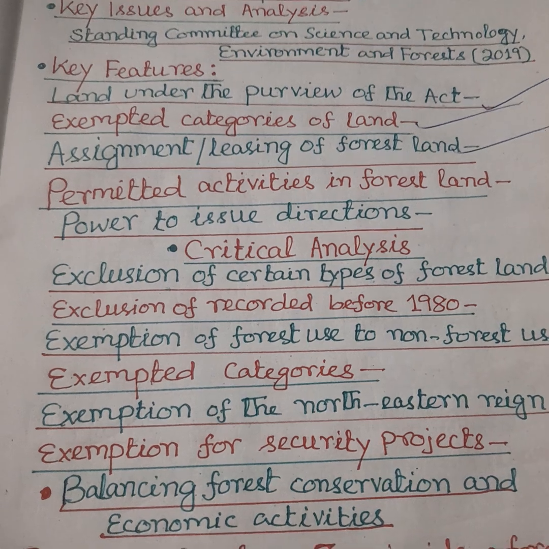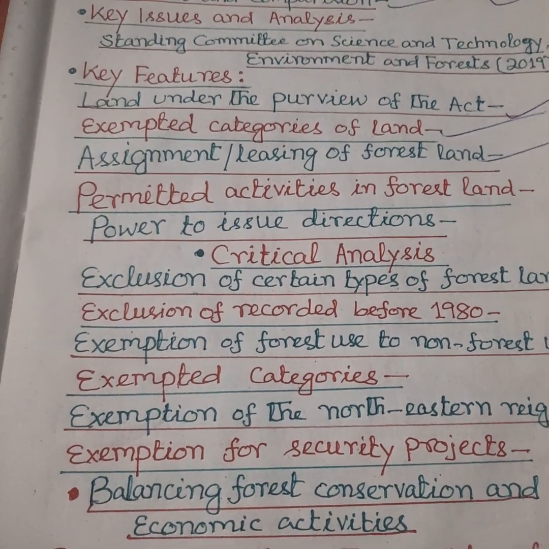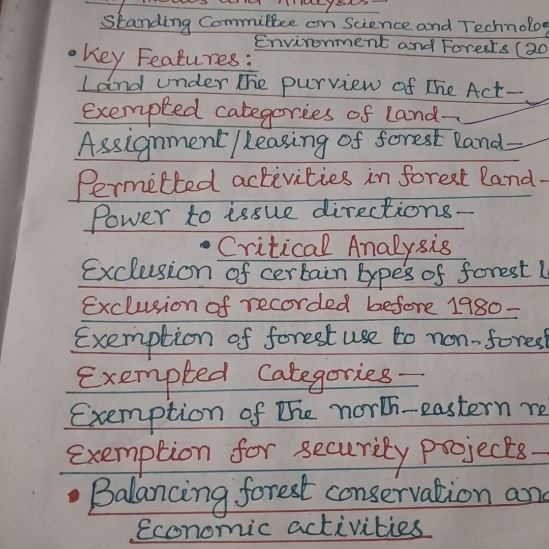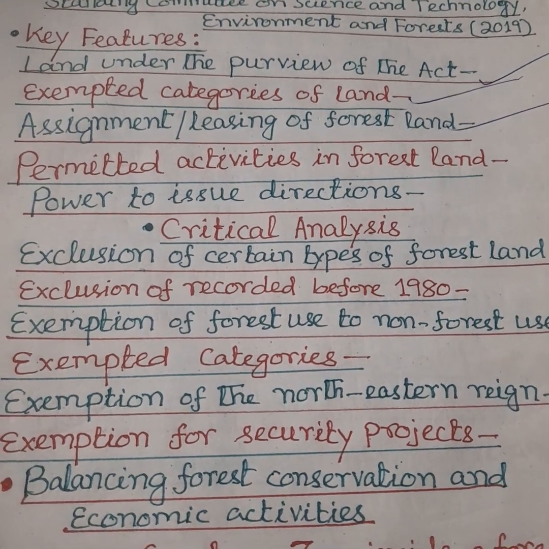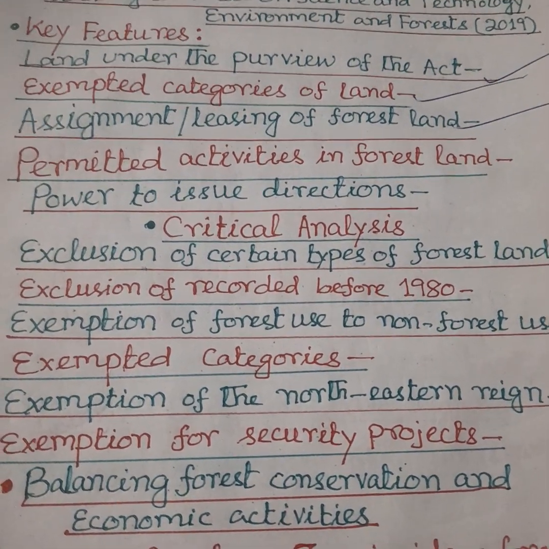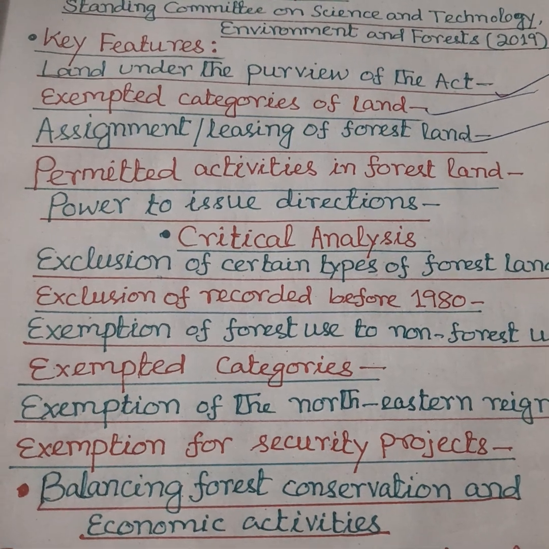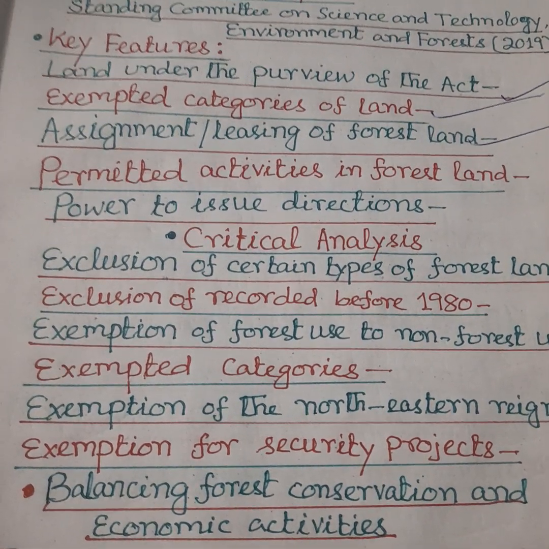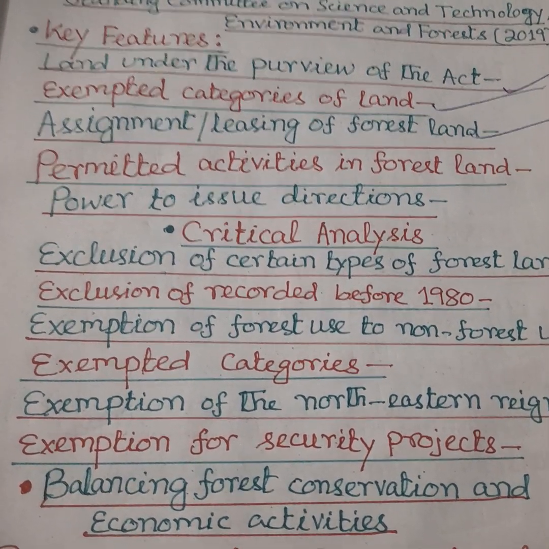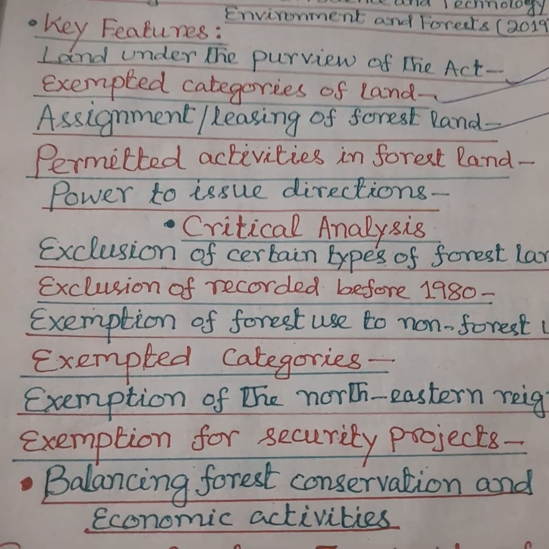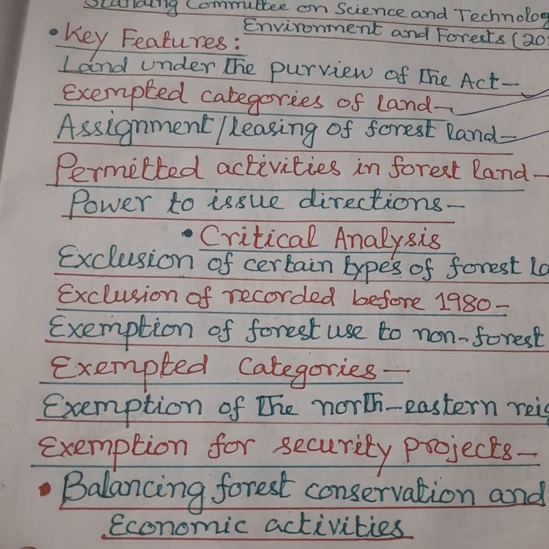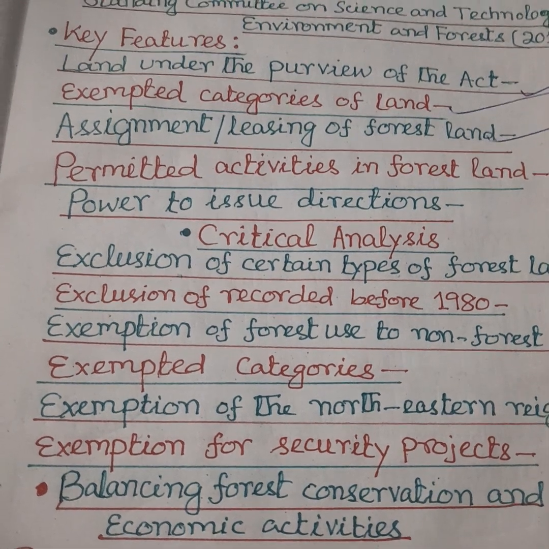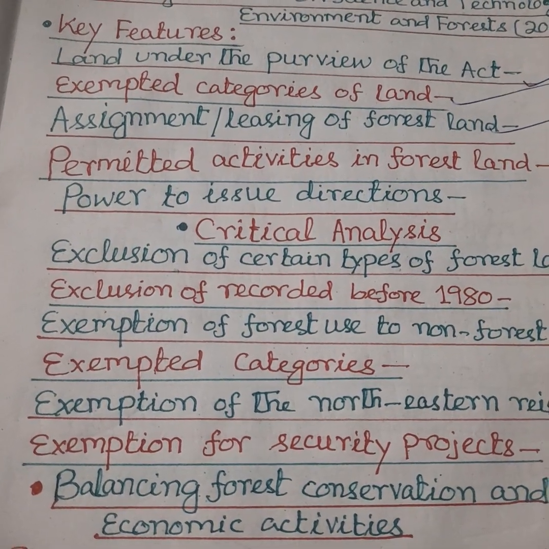The right to a healthy environment as part of Article 21 was first recognized in the landmark judgment Rural Litigation and Entitlement Kendra versus State of Uttar Pradesh,